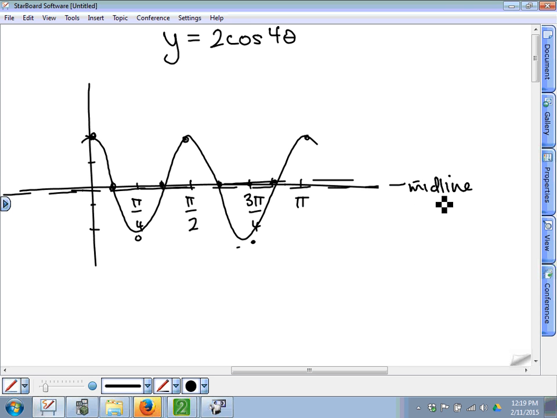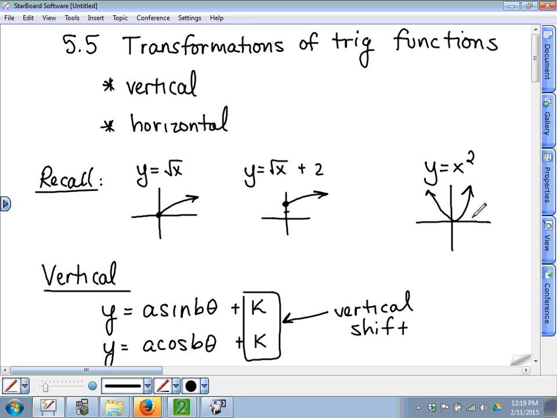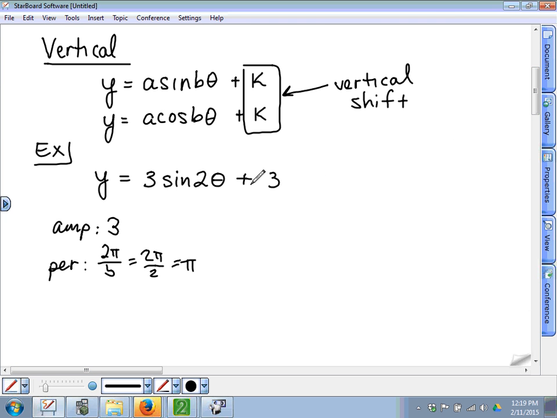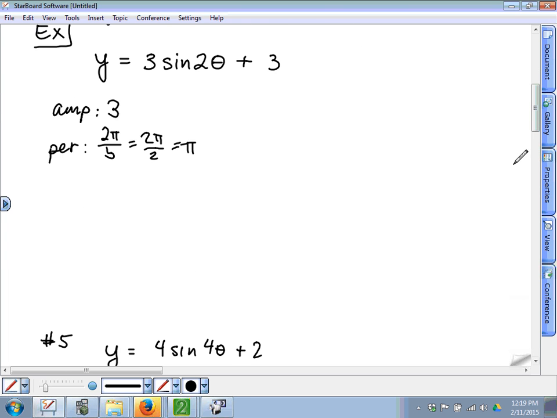No big surprise. Midline. Okay, both the sine and the cosine function have them. It's just halfway between its amplitude. The amplitude here goes up to 2, down to -2, so you cut it in half, that's the midline. You guys follow? Normally, the midline lies right here on the x-axis. Normally. Okay. If there's a vertical shift, like this +3, what do you think happens to the midline? It's going to go up 3 units. So when you draw your graph,